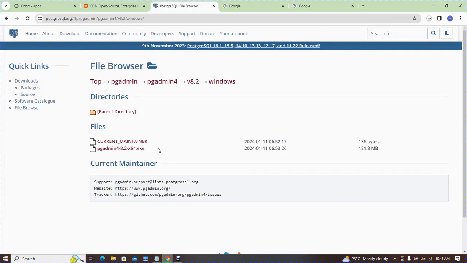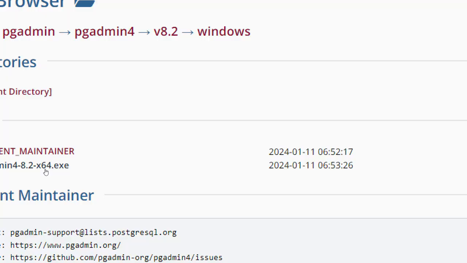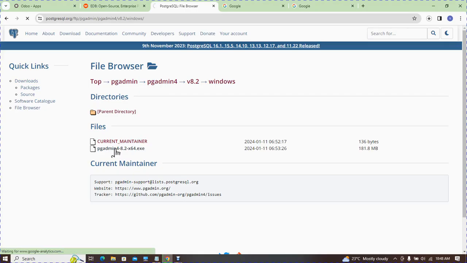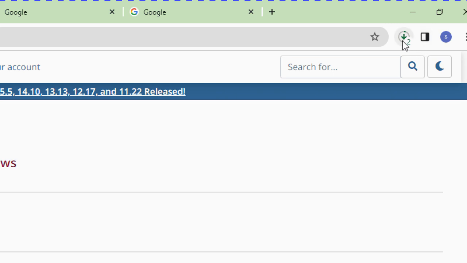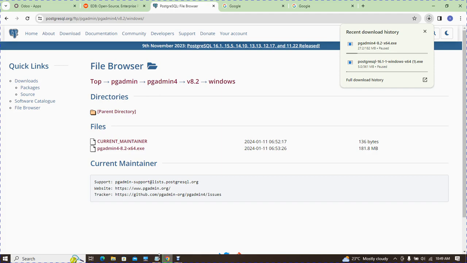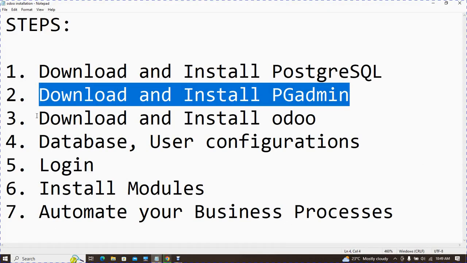Okay, so now good. After that kuja hapa nita download hii hapa executable file. Okay, so ambayo ni hii hapa. Okay, so hii hapa executable file, so click it. Okay, good. So now download ita start. So nikija hapa katika panel hii hapa download, now you can see pgadmin ime start ku download. So mimi kusanisha download na just ku cancel sababu nisha download. Okay, so another step is to download and install